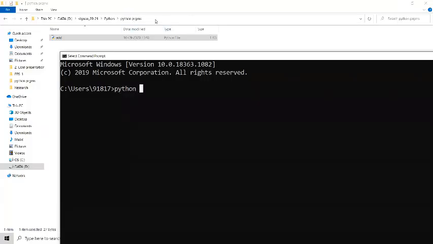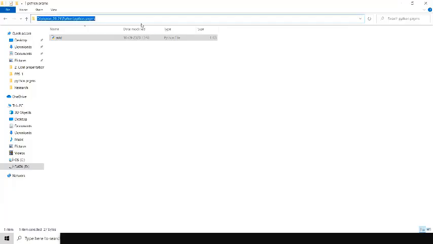Now see, you have to take the path of your Python programs folder. Up to that Python programs folder, take that path. Simply clicking here will select your path. See here, this is my local disk D, Vignan 2021, the academic year.